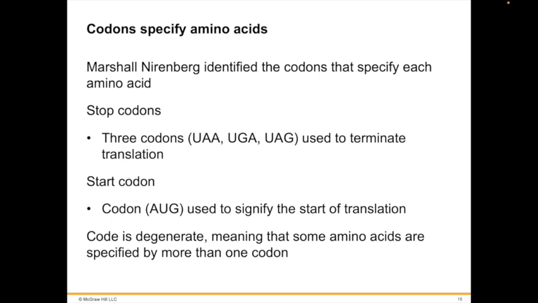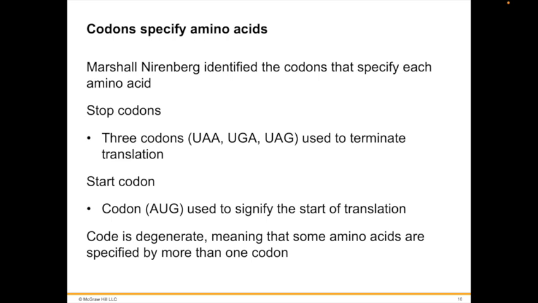Next, they used enzymes to produce RNA polymers with more than one nucleotide. These polymers allow them to infer the composition of many of the possible codons, but not the order of the bases in each codon. The researchers then were able to use enzymes to synthesize defined 3 base sequences that could be tested for binding to the protein synthesis machinery. This so-called triplet binding assay allowed them to identify 54 of the 64 possible triplets. The organic chemist